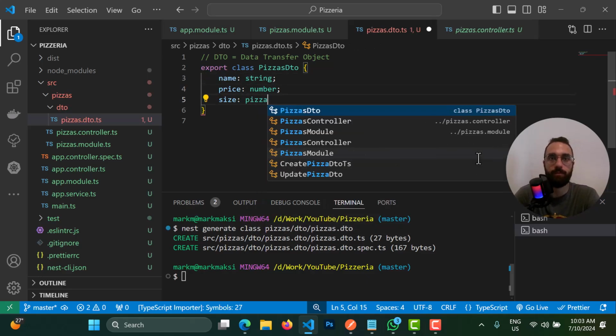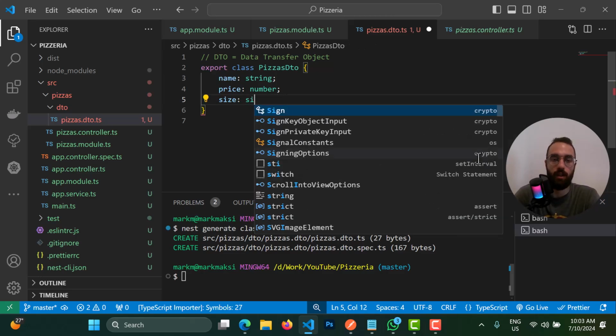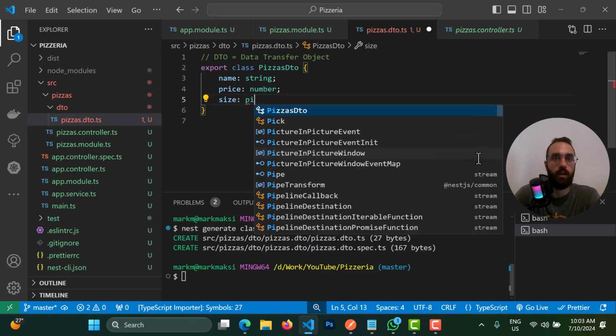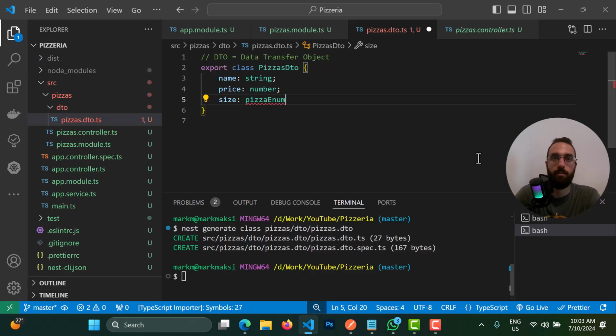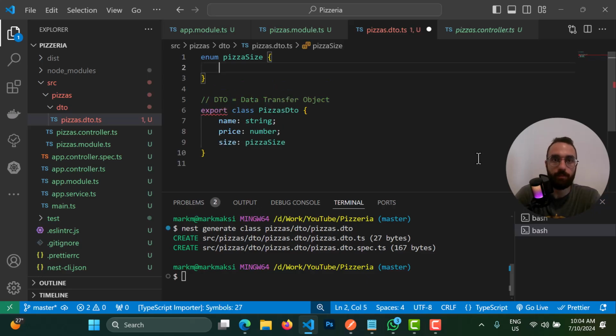Let's give it a name, pizzas, or pizza enum, or size enum. Or I think the better name is pizza size. I know defining names for our variables inside the computer is the hardest thing, as they say, so it's fine. Now I want to create an enum called pizza size, and inside this enum I want to define some values, which is small,